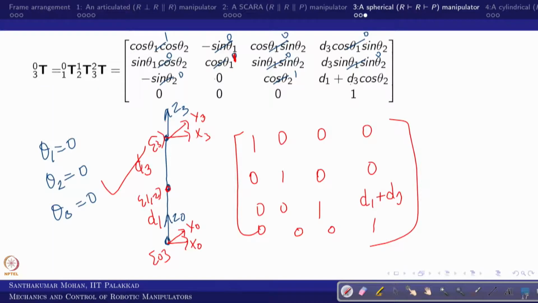By substituting that, you put theta 1 as 0, but theta 2 as 90 degrees. In this case this becomes 0, right? This becomes 0, and you have to see whether it is a positive or negative rotation. This is the direction we have taken. I will cross check that. So where is that?